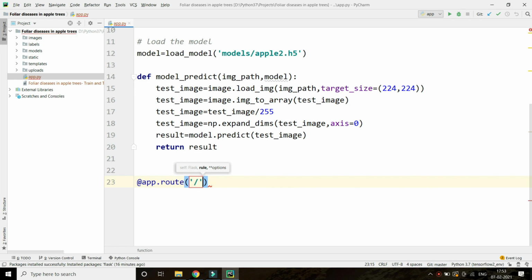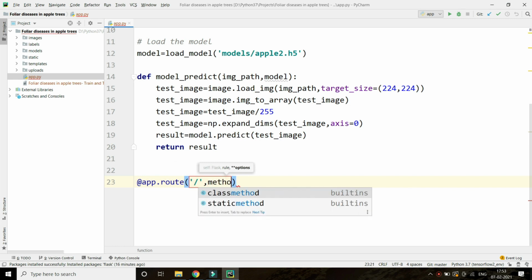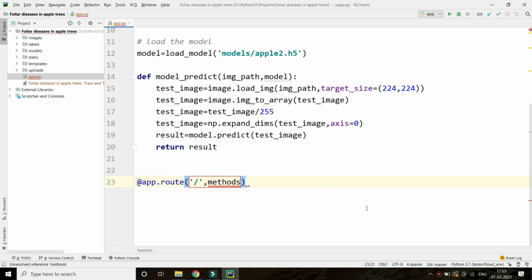by default the method is going to be GET. In the home page itself, there is a term called methods.